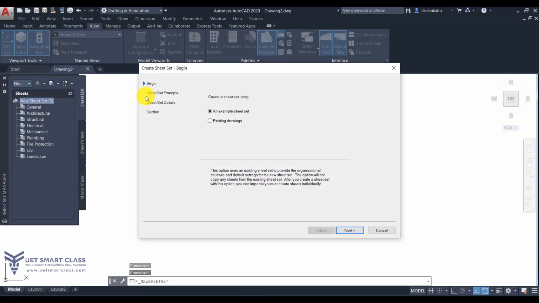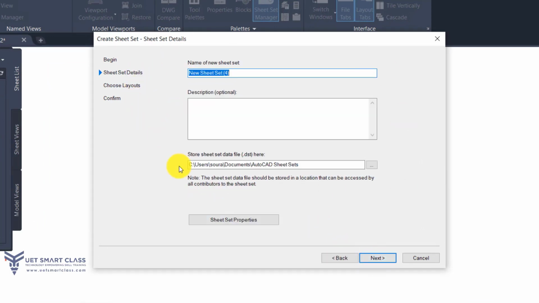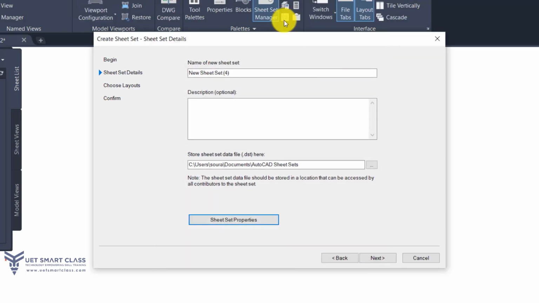Okay. If I go to sheet set, the second option is existing drawings. So when I click next, see, the sheet set details has nothing. I can just give a description, I can name it, and I can select it. I can go to sheet set properties. By default, it is not giving me anything. If I click on next,